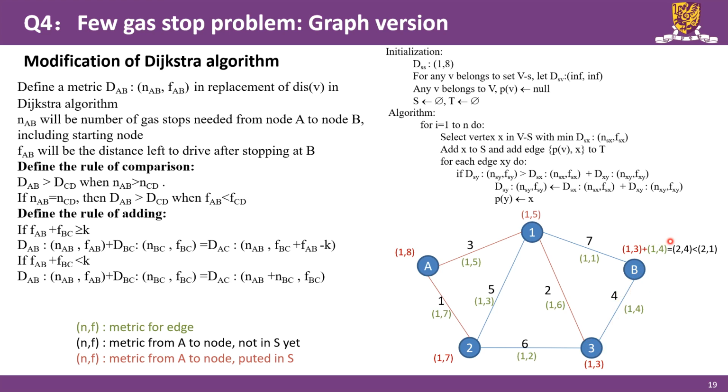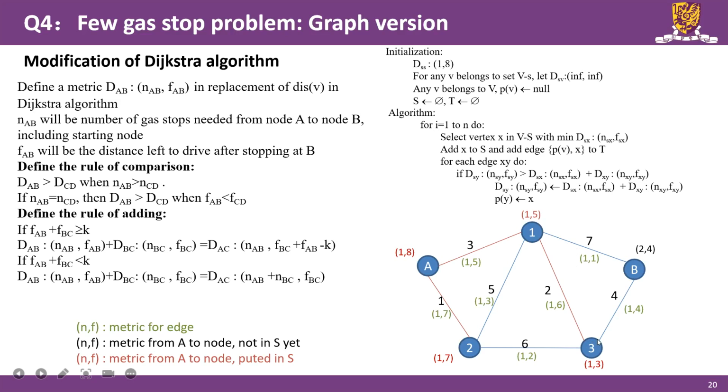So the result is (2, 4). So it will refuel at 3 and then travel to B. So there will be 4 kilometers left. That the result is (2, 4). And this is lower than (2, 1), which (2, 1) is corresponding to A to 1 to B. Therefore, the metric of node B will be updated as tuple of 2 and 4, like this, and we will